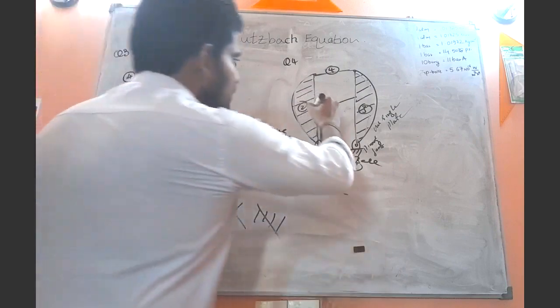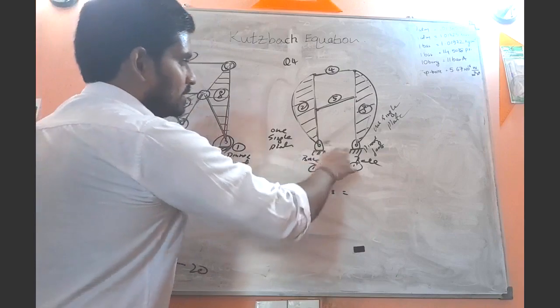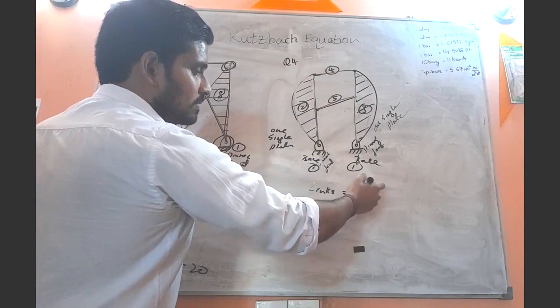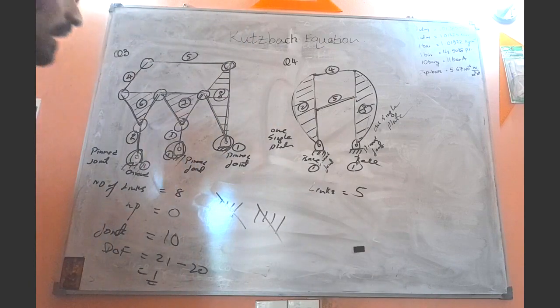And this link is labeled number 5, right? Label number 1, 1, 2, 3, 4, 5. So how many members do we have? 5. So the number of links is 5, right? And then the number of joints,